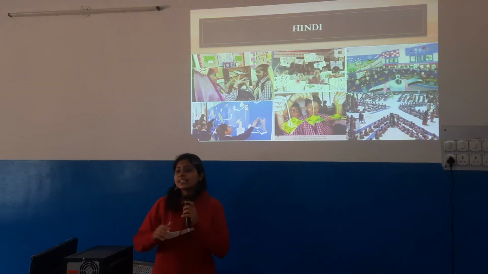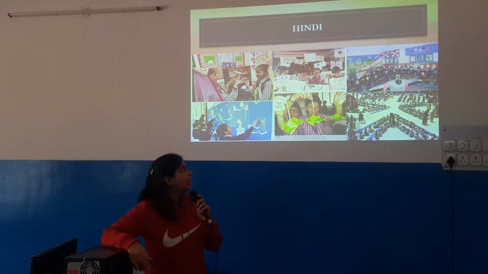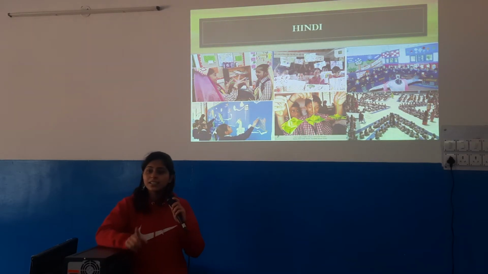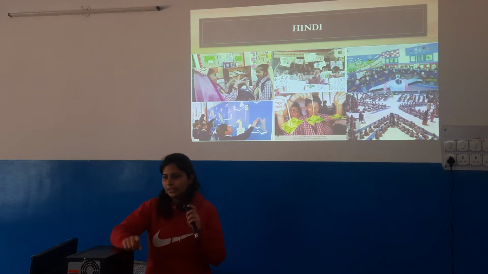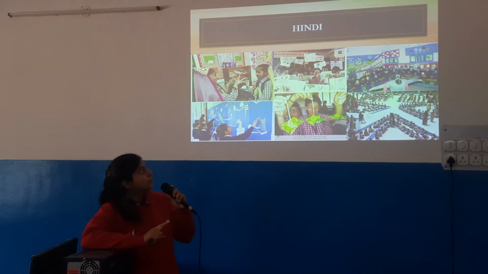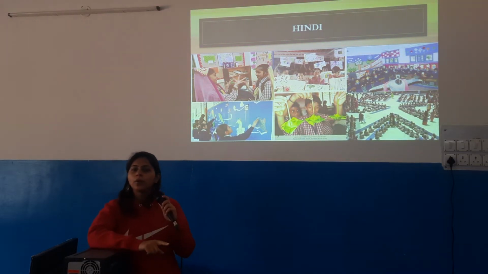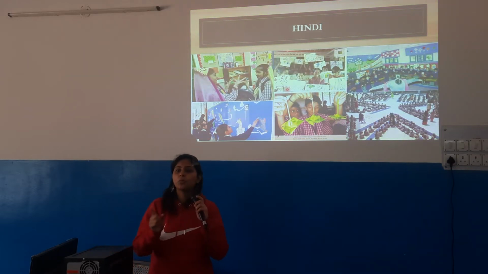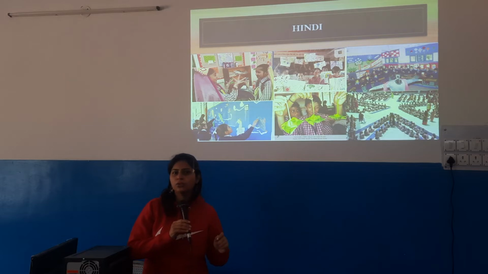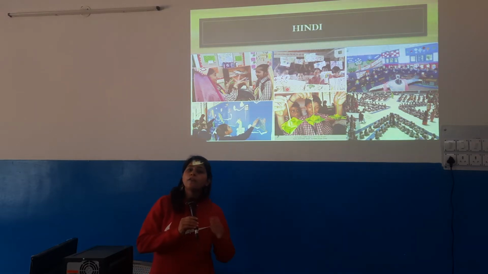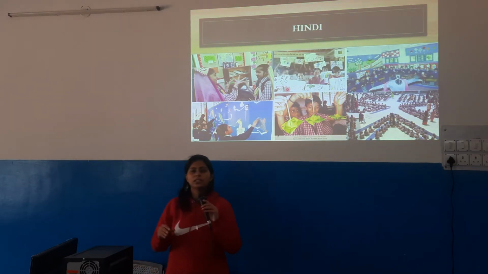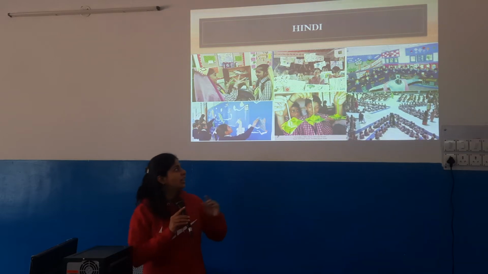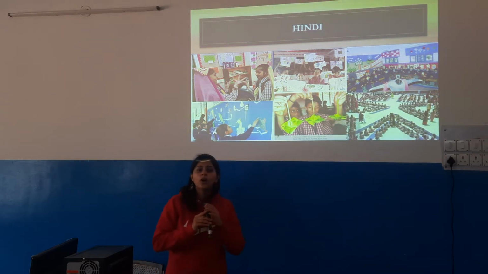Second is a science class. Now again I would like to explain here, it is a science class, but why I have included it in Hindi. This picture has been included in Hindi because there was a chapter which had an interrelation, or you can say a connection, with Hindi. So the Hindi teacher took an initiative that before starting the chapter Soil in Science, they would draw whatever idea they have got about soil.